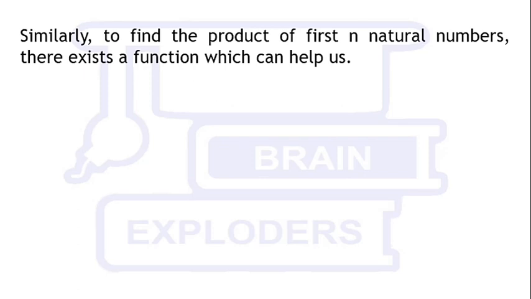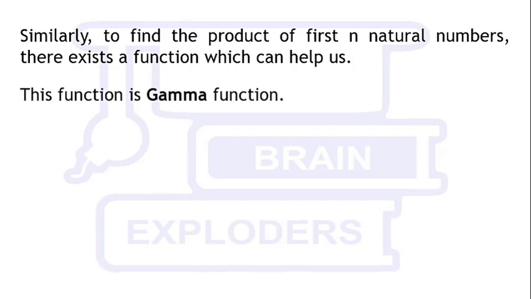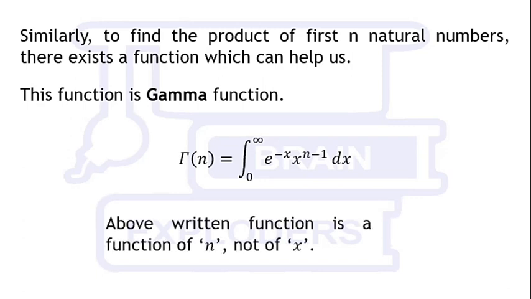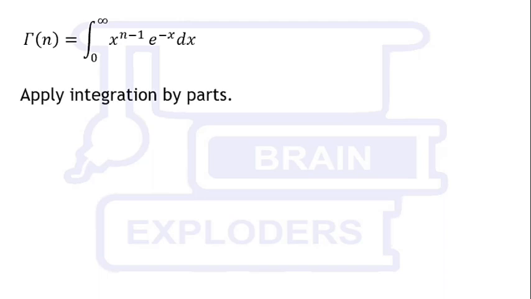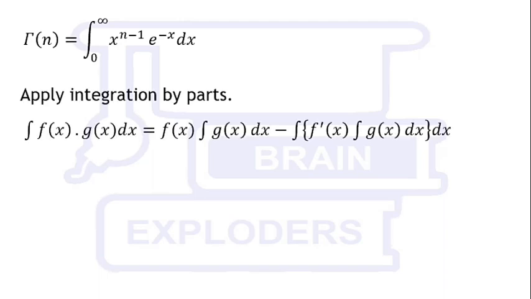There exists a function which can help us in finding this product. This function is the gamma function. Gamma n equals the integration from 0 to infinity of e to the power minus x times x to the power n minus 1 dx. On applying integration by parts, assuming that x to the power n minus 1 is the first function